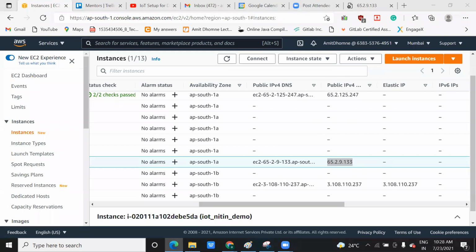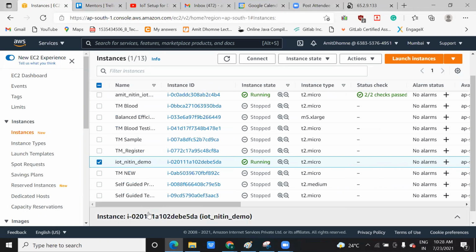So after this, only the Arduino device connection is left. You can also try this in parallel. Are you doing this EC2 instance creation in parallel, or not? Okay, we are not done yet. So once we share the video, you can do it in parallel and try it.